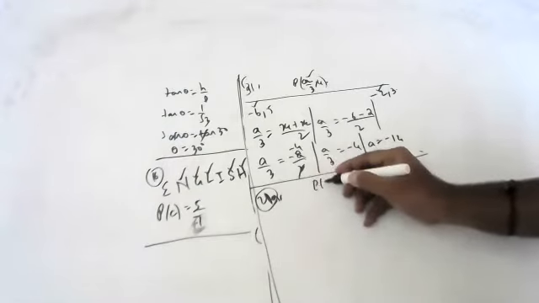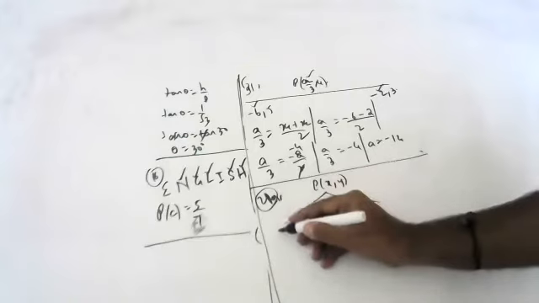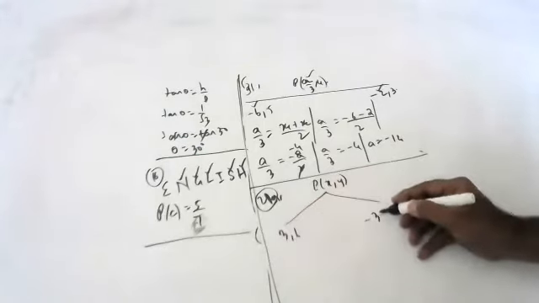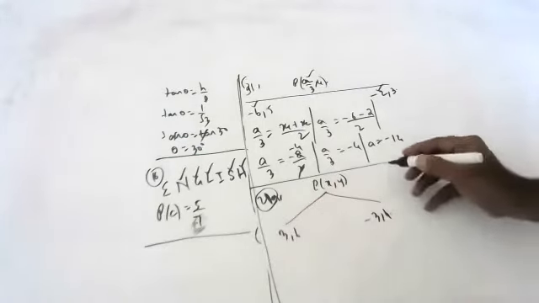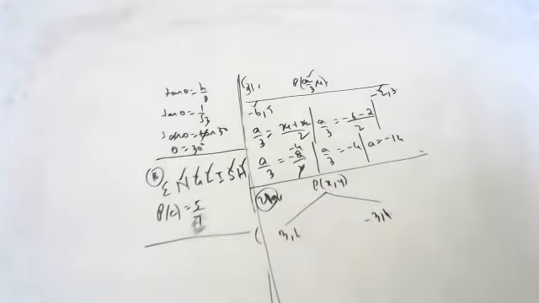Okay, children. So the question is, point P with coordinates x and y is equidistant from 3 comma 6 and minus 3 comma 4. He's asking what is the relationship between x and y? It's equidistant, he said, children.